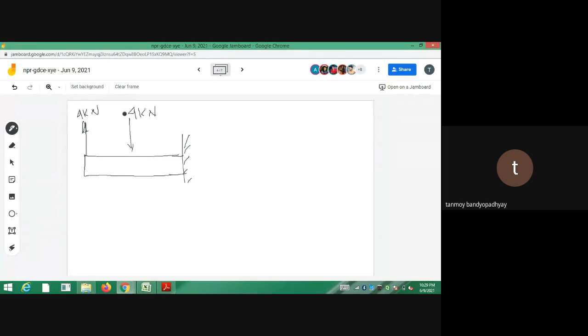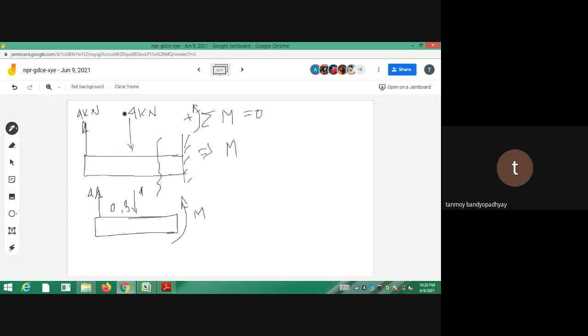Let us take any cross section and do a static moment analysis for the portion. Suppose I take a portion, there is a force of say 4 here, and I am supposed to find out the moment. Generally, I always take the anti-clockwise moment as positive. So I am assuming that there is a moment of M here. This one is 0.3 meters. If I write the moment equation for this one, taking the anti-clockwise moments to be equal to 0, what should I have? So this is M, and what is the moment for this force?